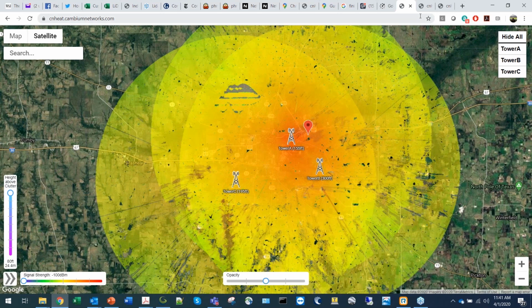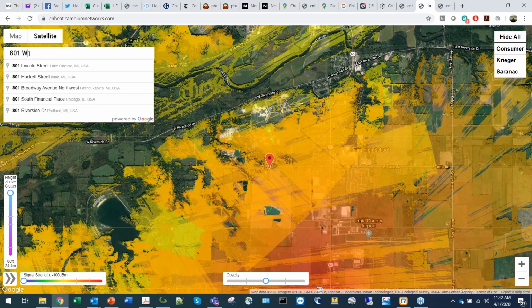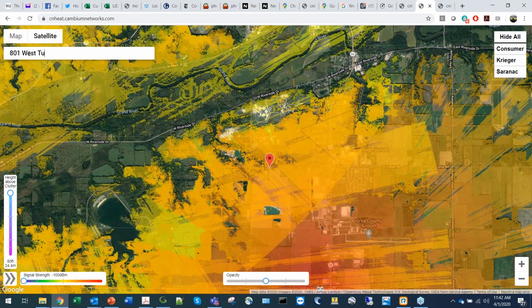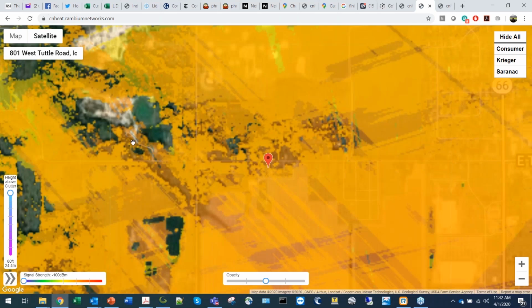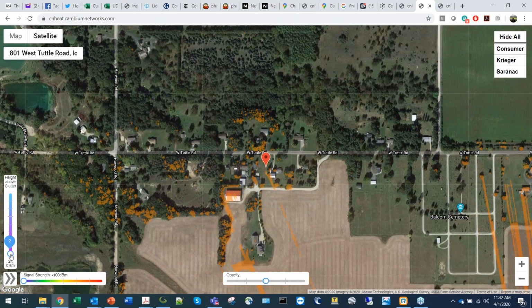So the first example is, here is an area of coverage, and we get someone who calls in, your customer service rep, and they say, hey, do I have coverage at 801 West Tuttle Road? And you click on it, and it zooms into that address. And so what we see now is, okay, it looks like I have coverage, but let me lower the height here. And I go all the way down to, like, I want to mount it on a roof because that's the easiest, like do a J-arm mount on a roof.